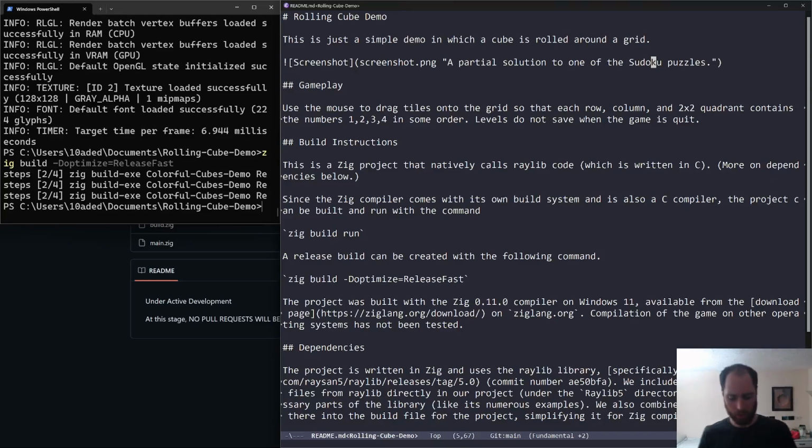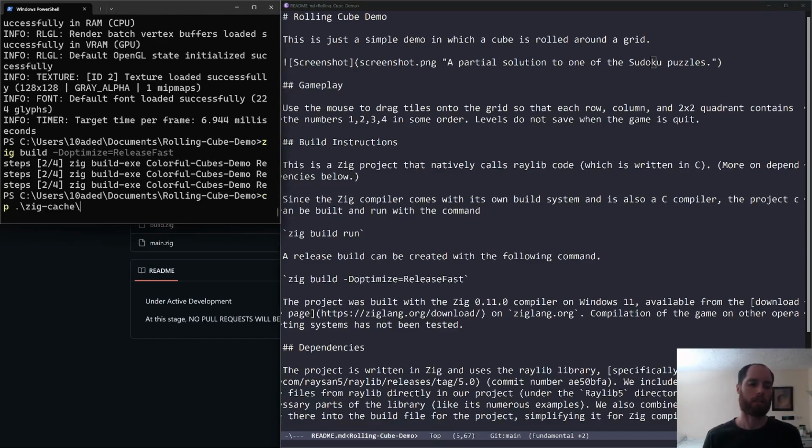Oh, instead of a screenshot though, this time I want to try making a GIF. Is it called a GIF, whatever it is? Using that instead. But first of all, let's go into the zig out, get our fast version, and copy this to